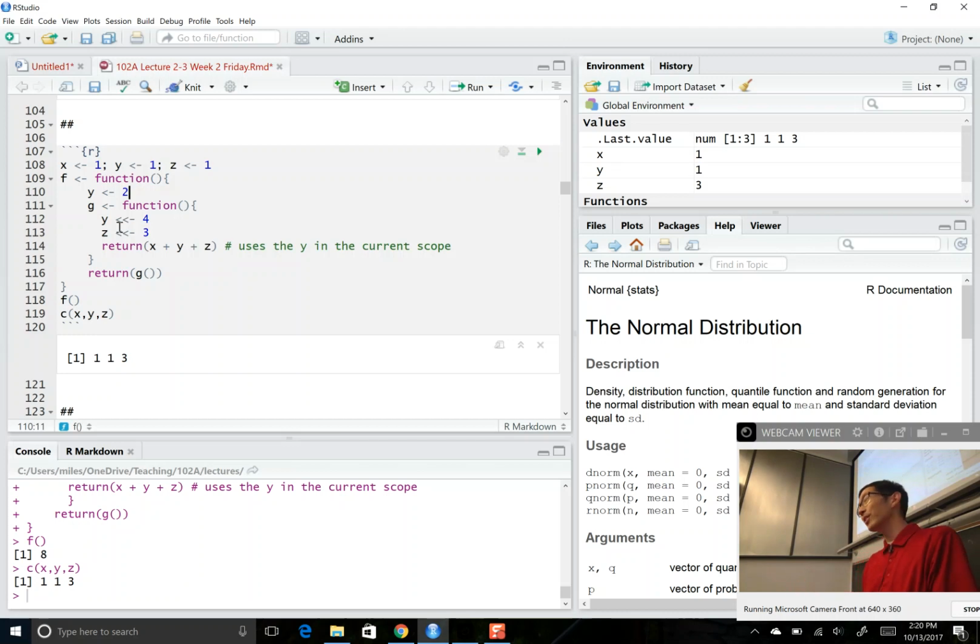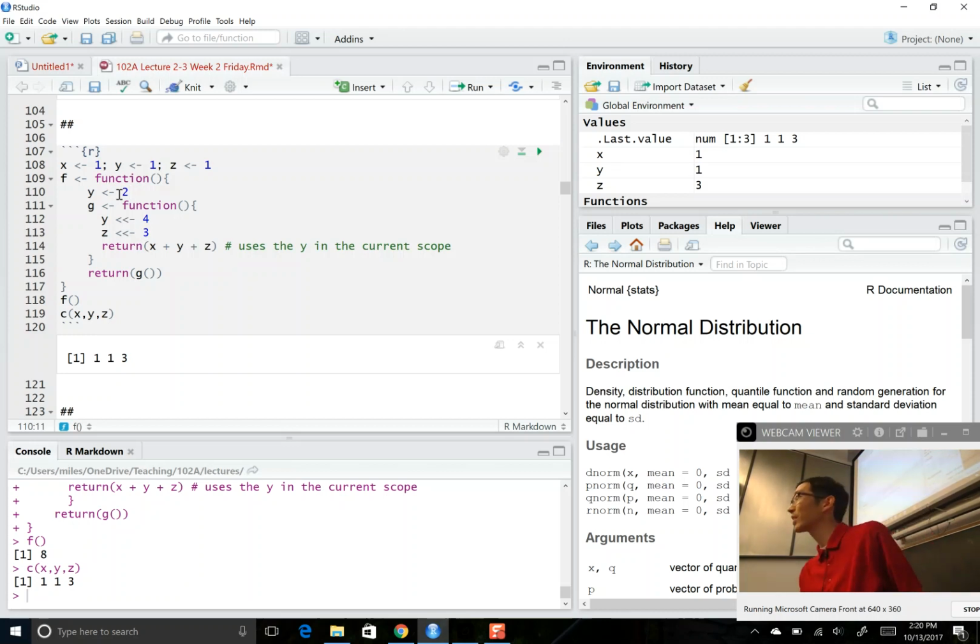R has implemented a lot of generous scoping rules so that your code will run even if you haven't defined everything super nicely, but because of that, you need to understand some of the rules. So say you do all the assignment here, and y would now be 4, I guess? So the y inside f or the y in the global environment? The y in the global environment is still 1. It's just this one was changed to f, but because it exists only in the function,